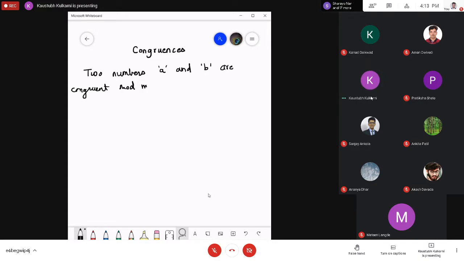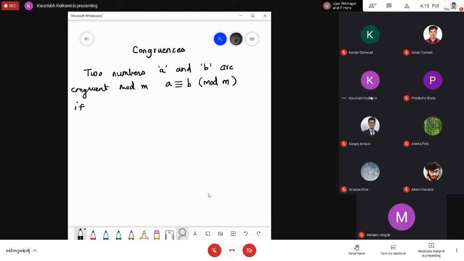In short, it is written as mod m, and it is written as A. Instead of equal to, we have this sign for congruence, three lines. Okay, so A is congruent to B mod m